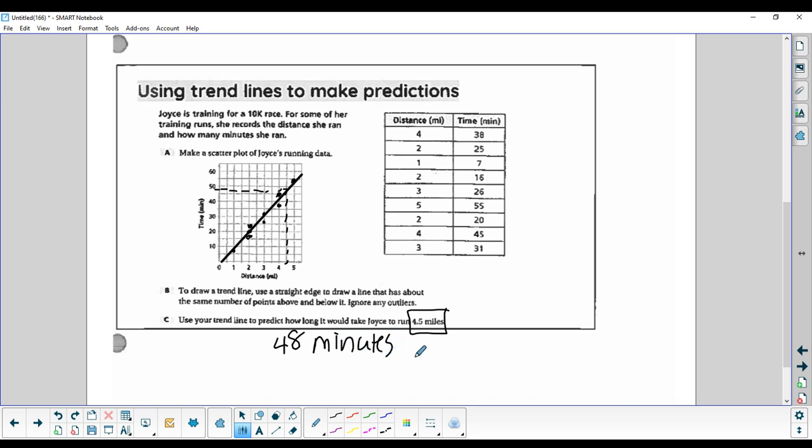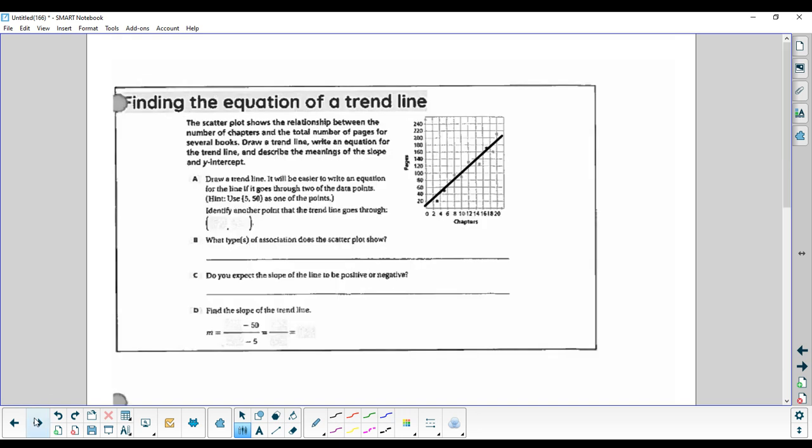Depending on how you drew your line, you may have something slightly higher or lower than what I came up with. So for that reason, I would like to come up with a way to always be able to find a consistent equation to make my predictions. So that's what we're going to do on the next page. On the next page, I'm going to draw a trend line that goes through my data points somewhat evenly, and I'm going to pick 2 points that are on my trend line. So I'm going to pick the point (5, 50) and (17, 170)